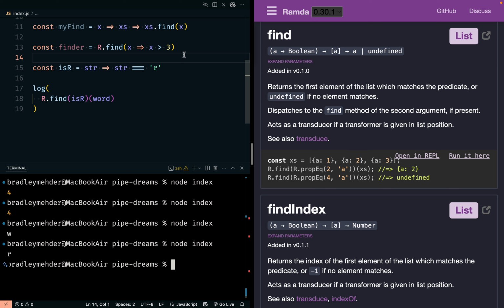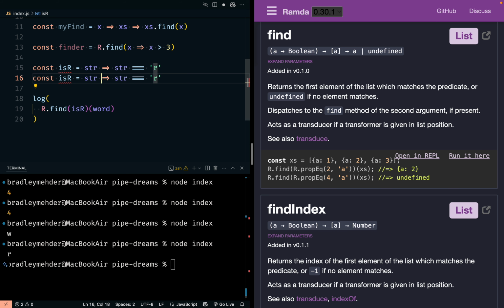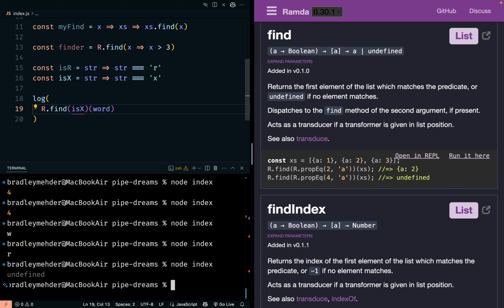But if I made a function that called is X, gave it an X, use that as the predicate function. Predicate function may be redundant. Maybe predicate means a function that returns true or false. So saying predicate function might be like saying a predicate function. Maybe it's redundant, but it may just be the way people talk as well. So yeah, but it does work on strings too.